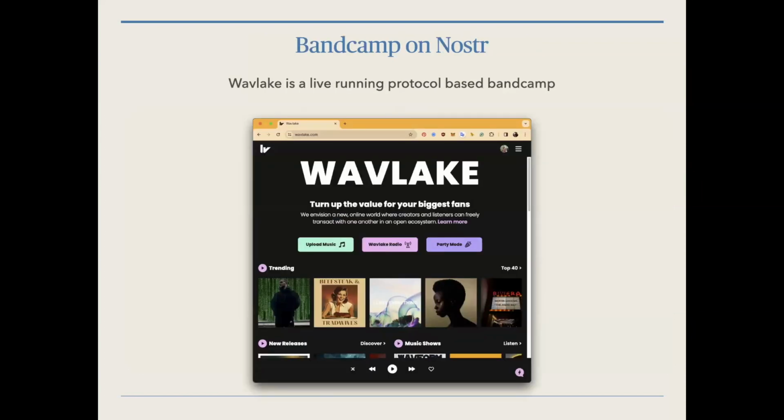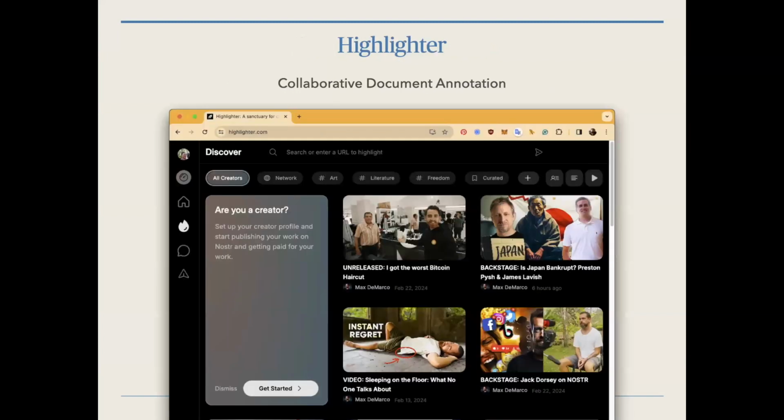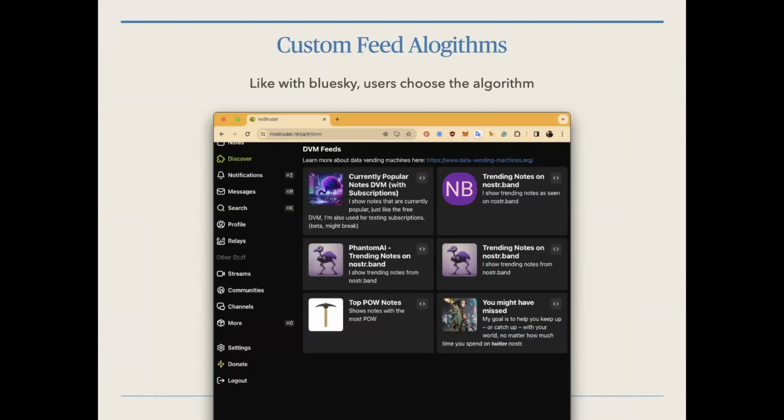There was a talk yesterday on a Bandcamp-like service on the Fediverse. Lavlake is a Bandcamp-like service that is running, and artists are charging for content, uploading stuff and making money. We have a whole bunch of musicians, fairly small ones, who talk about how they make more money on this than on Spotify. It's not hard to make more money than you make on Spotify, but it's live and running. And this is collaborative document editing.